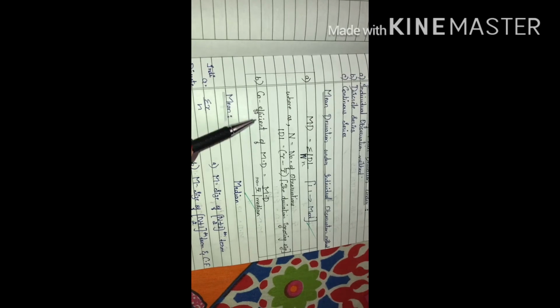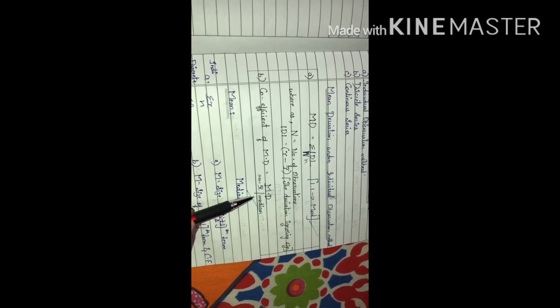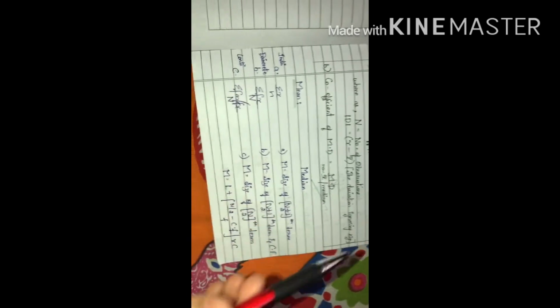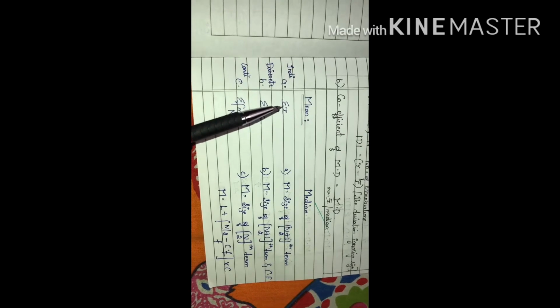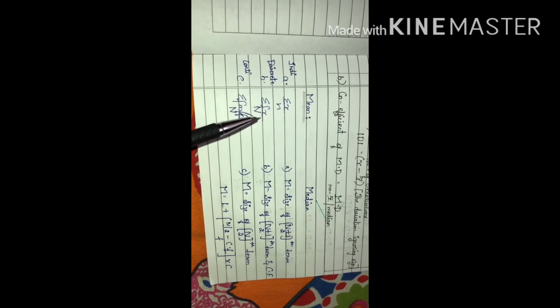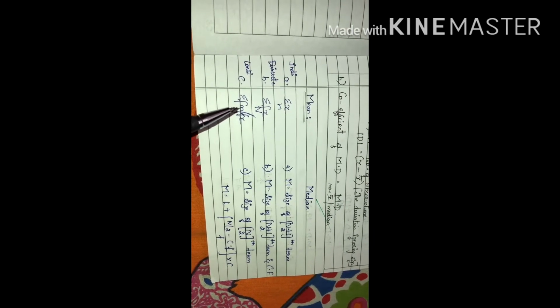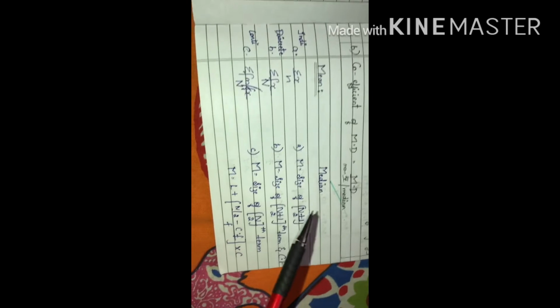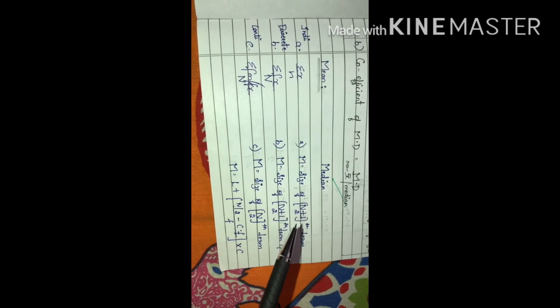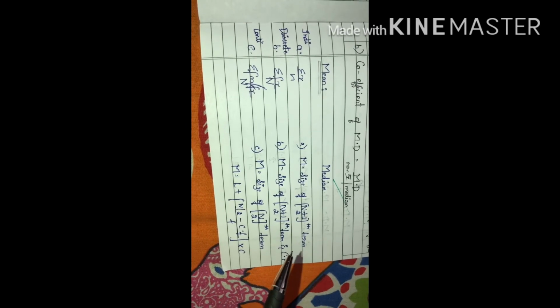The next formula is the coefficient of mean deviation, that is the mean deviation you have identified divided by mean or median, whichever is asked in the question. The formulas for mean: under individual observation it is sigma x divided by n, for discrete it is sigma fx divided by capital N, and for continuous series it is sigma fm, where m is nothing but x, or sigma fx divided by n.